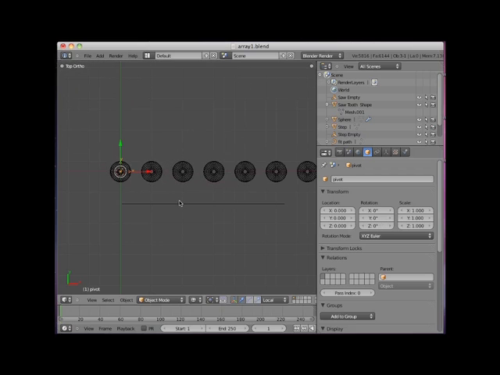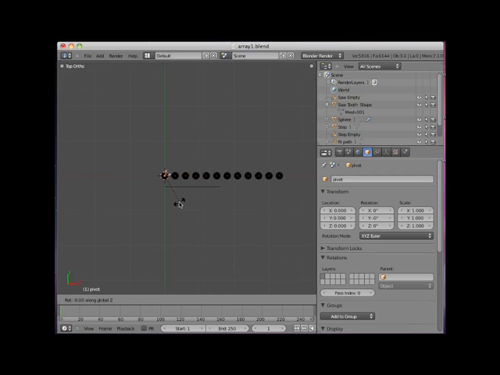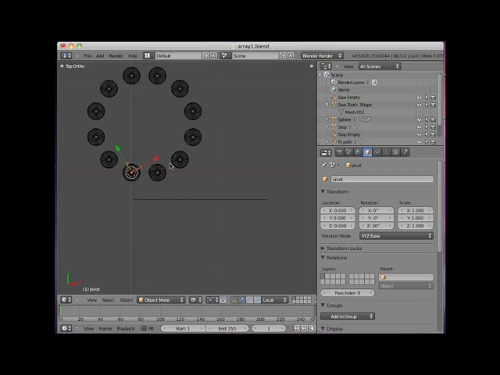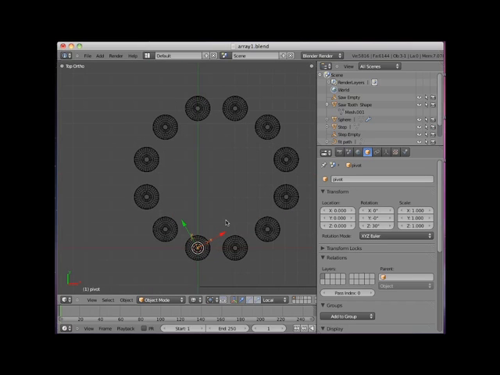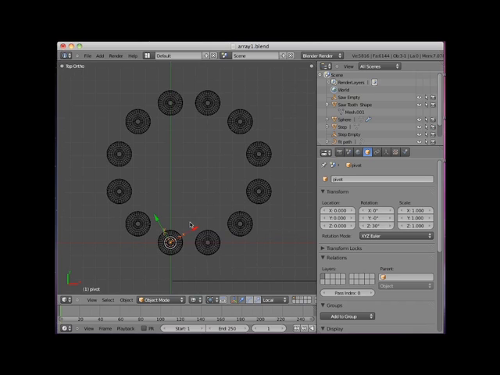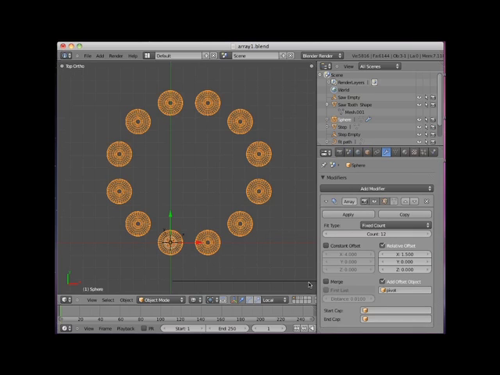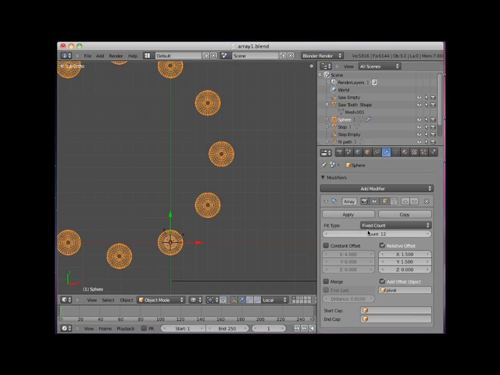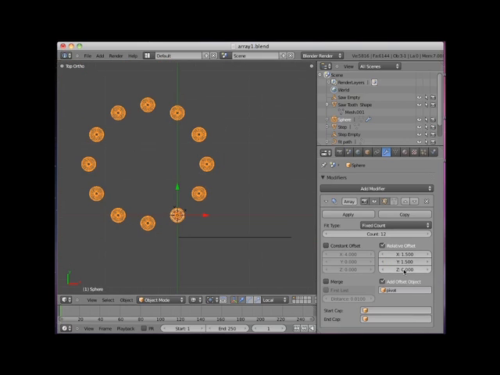I'll do this with some precision. I'll press the R key, followed by the Z key, followed by 30, and then enter. I have thus rotated the empty 30 degrees around the Z axis. I'll go back to the sphere object. We can change the X, Y, and Z relative or constant offset. I will add the Y relative offset to 1.5. I'll then add the Z relative offset to 1.5, and then go to Front View,